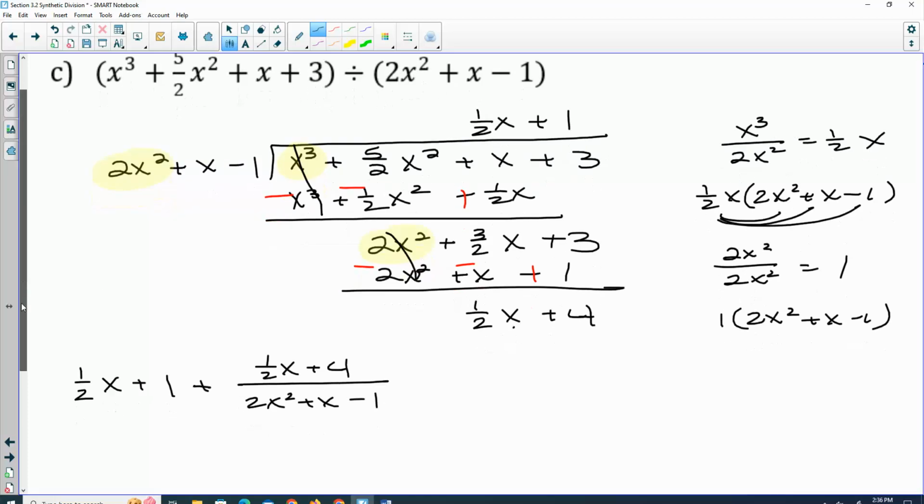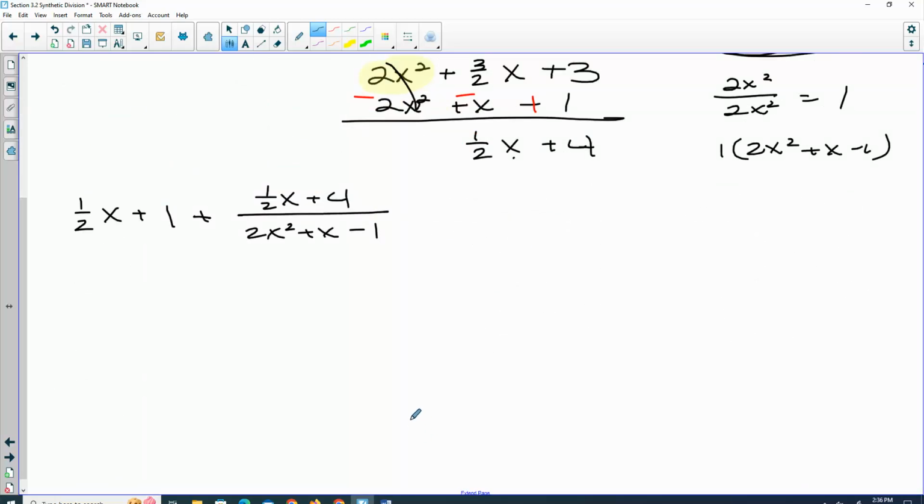is that proper notation? No, we don't like a fraction in a fraction, do we? So, an easy way to eliminate it. What'd you say? Somebody said it over there. If you want to get rid of this, we just have to multiply by the denominator, but you have to do it on top and bottom of this fraction. That way we're just multiplying by 1. So 1 half x times 2 is just x. 4 times 2 is 8. Over 4x squared plus 2x minus